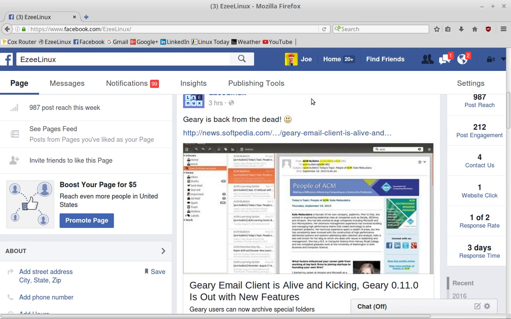So if you're one of those people who's looking at this video and you're saying to yourself, I would like to run Linux, but I'm scared of what software is out there, the solution's out there. I mean, I don't know too many people that have moved to Linux and couldn't get work done. You just might have to figure out how to do it a different way.